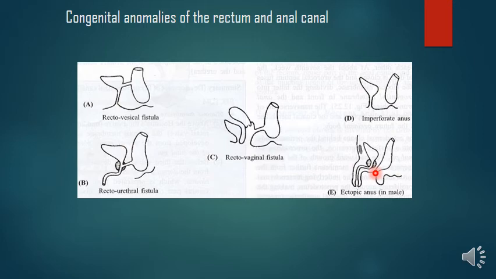In that cleft, that is the vestibule itself, you may see the opening of both vagina as well as the rectum. Or in males, what happens, the anal orifice may appear at the base of the scrotum. So that means the growth of the perineal body backwards is arrested, so the anal membrane stays back more ventrally. So that's why in male the anal orifice may appear at the base of the scrotum, in the intrabulbar fossa of the spongy urethra, or at coronal sulcus of the glans penis. Okay, so that is the ectopic anus.